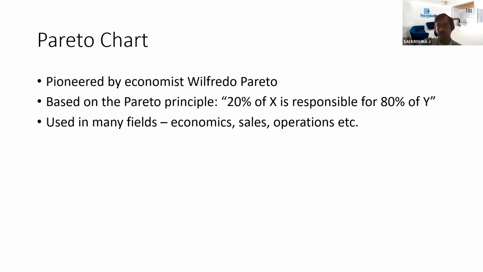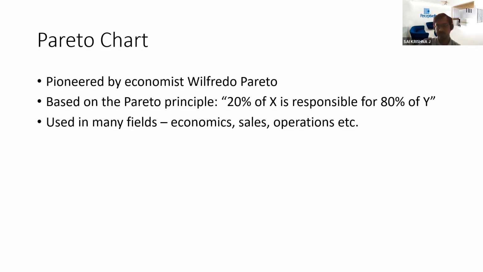In my previous company, when I was working in retail, we had a very huge list of products. We had lakhs and lakhs of products which we were selling, but we had something called a long tail. By long tail, what I mean is around 50 to 60% of the products, the sales will be very, very low. There will only be a very small set of products, let's say 20% of the products, which will be responsible for the majority of the sales. In these kinds of scenarios, we use the Pareto chart to make the visualization.